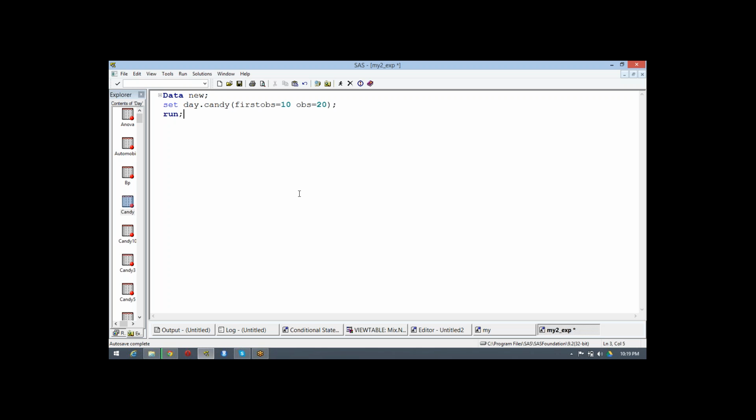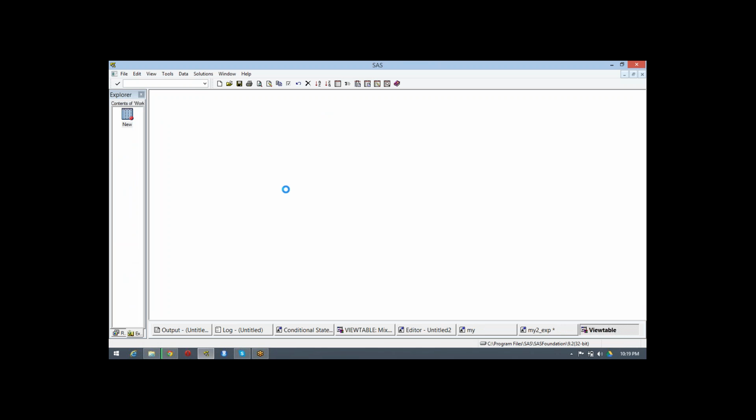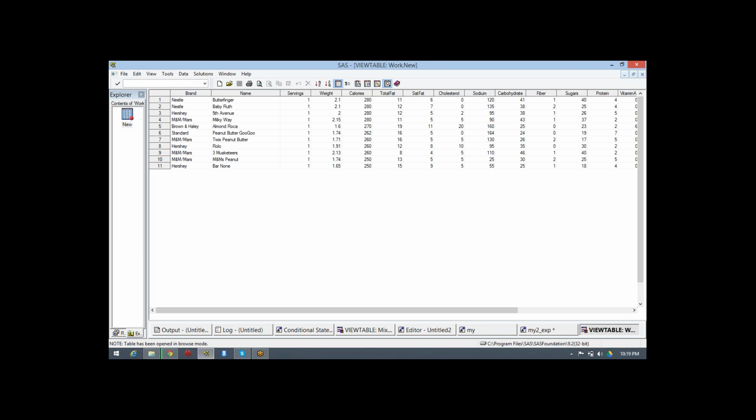Then run. It will read only those rows, so the 10th also gets included. From 10 to 20, it will include 10 up to 20, so almost 11 observations will come.